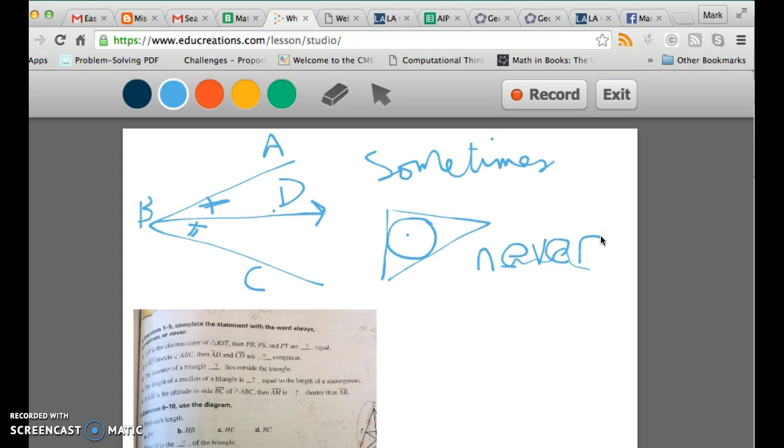Number four, the length of the median of a triangle is blank equal to the length of a midsegment. It seems like you could make a case for sometimes or never. A midsegment goes from the midpoint to the other midpoint. The median goes from the midpoint to the other corner. So obviously the other corner can't be a midpoint. So I think I would say never, although maybe you could make a case that sometimes, this midsegment might equal